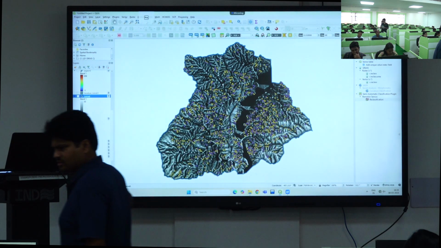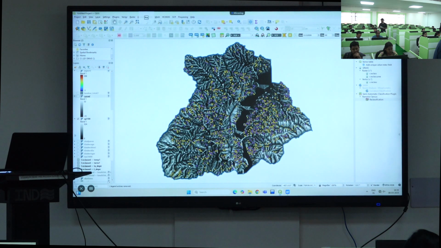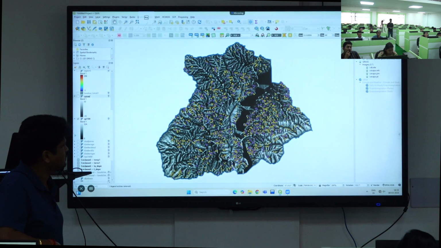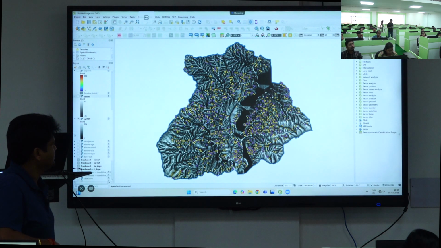I don't think they have directly calculating SPI here. Can you check? No, Saga, yeah, you can calculate that and then put the raster, but as it is, I think it doesn't show. No, it doesn't. Okay, never mind, leave it. It's okay, I have prepared. Now go to the